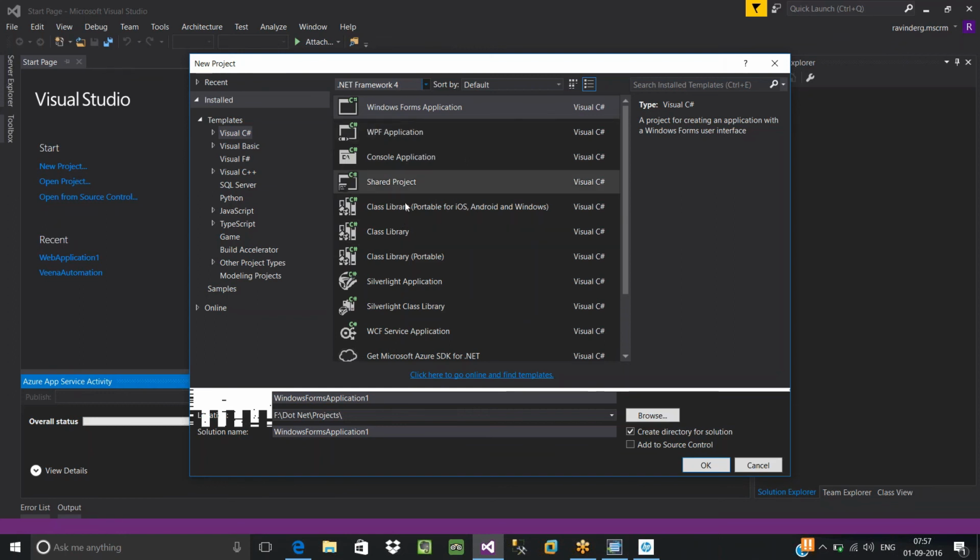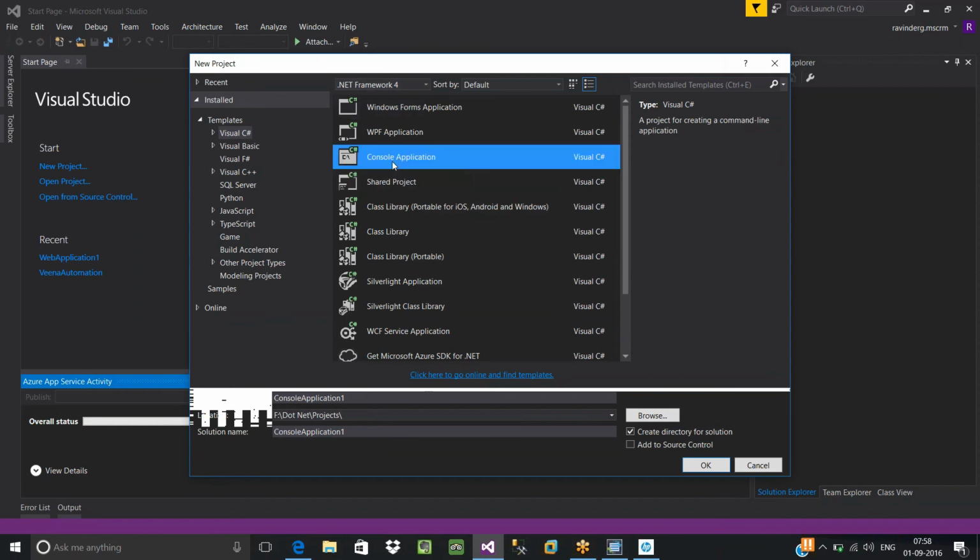Now, as I said, these are all different types of applications and technologies available under the framework. We are going to implement and execute all our C# concepts under the console environment. So if you want to develop any console-based application, select your application type as console application. If you go to the bottom of this dialog box, here you can see your project name. You can give any name, let's say my first console app.